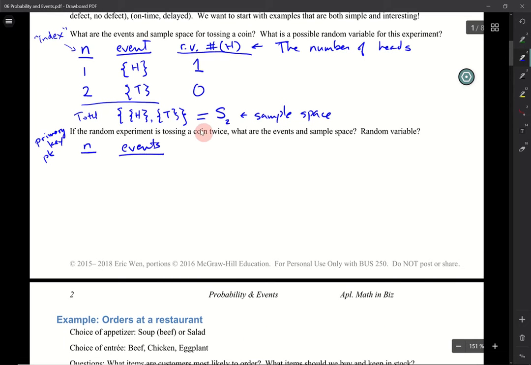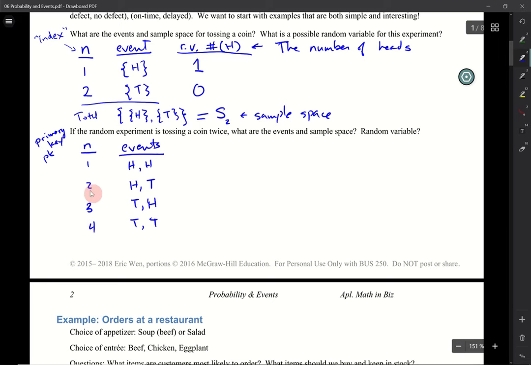And so if we toss a coin twice, right, we might get heads, heads, or we might get heads, tails, we might get tails, heads, or we might get tails, tails. And there's no particular reason to assign 1 to heads. I mean, if you assign 4 to this and 1 to this, it doesn't really matter, right? As long as the assignments are not repeated, and then instead of saying event heads first followed by tails, you could say event 2, or you could say event 4. So instead of saying tails, tails, you could say event 4. But anyway, as long as these are clearly demarcated or specified, it's clear,